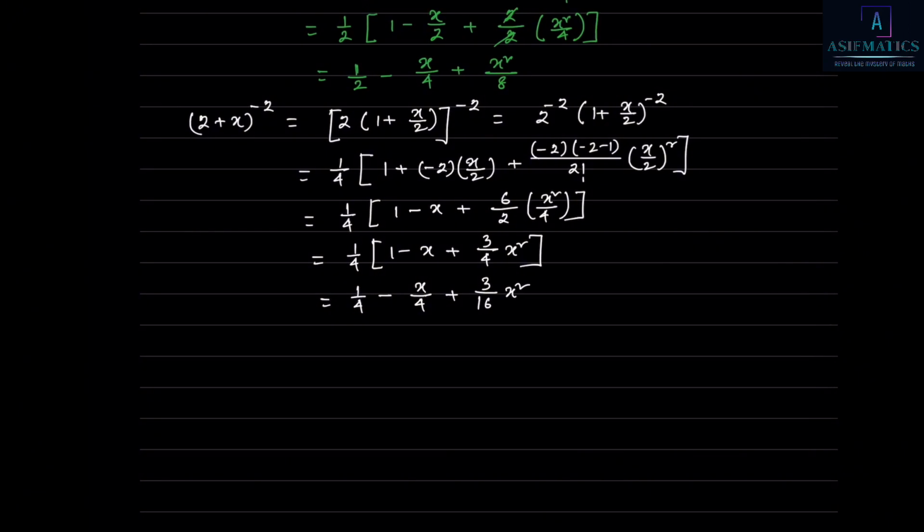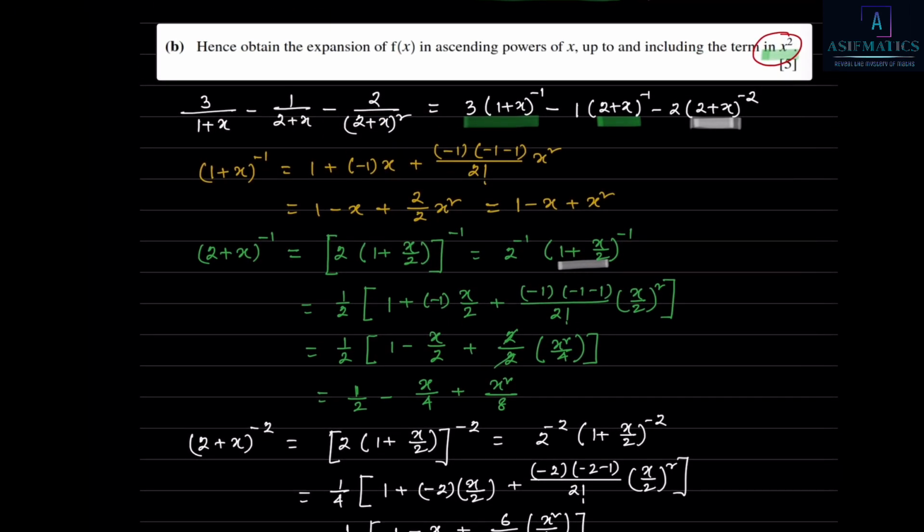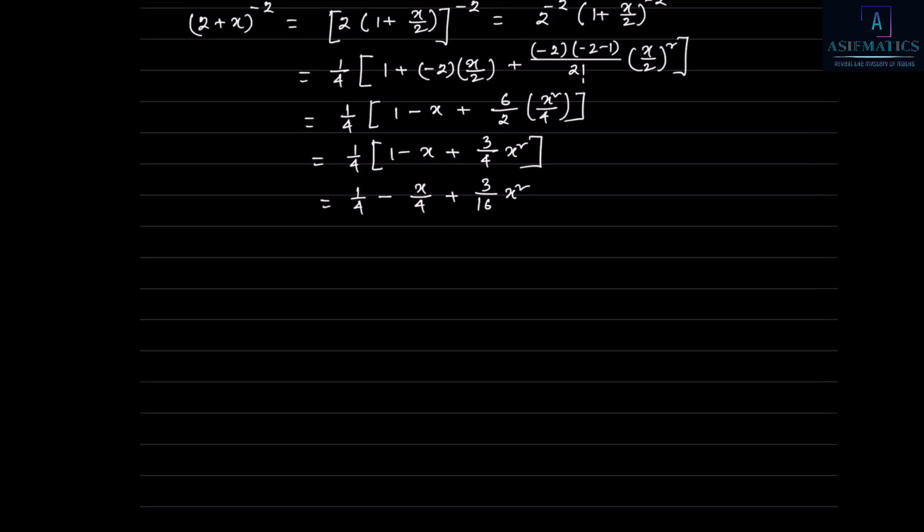Now the question says, we have all these three expansions. Look back at the question. Obtain the expansion of function of x up to x square. And we have the equation like this. We have the whole equation is this one. So what we need to do? Just put the values of your expansion here and simplify. So now we have